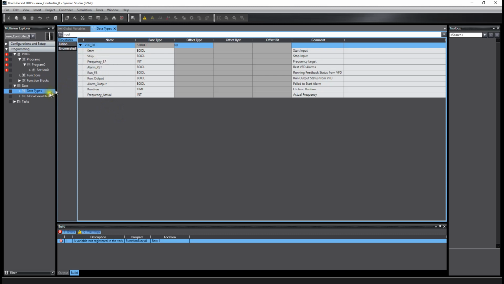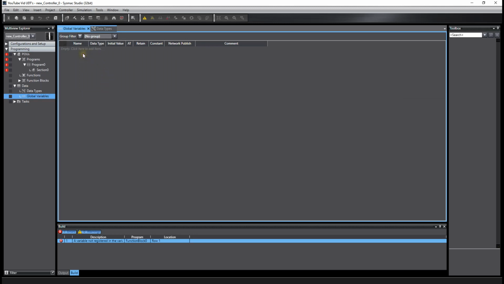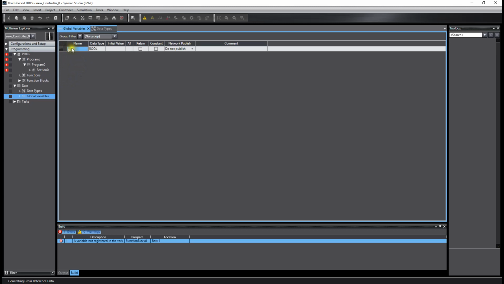So now we're going to create global variables. And remember, so I created 9 attributes to this UDT. So imagine if you had 3 VFDs. You have to make 27 global variables to cover all those attributes. Well, now that we created this UDT, I can now just nail this list down to just 3 simple global variables. VFD1,